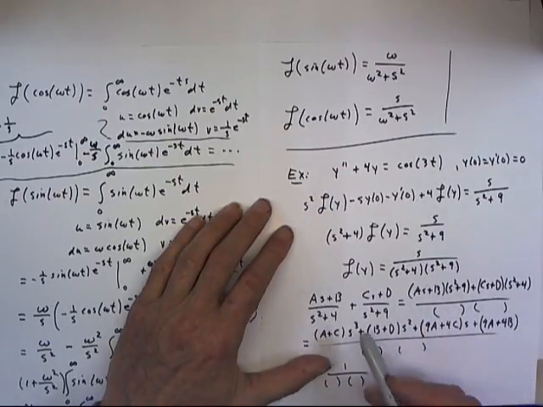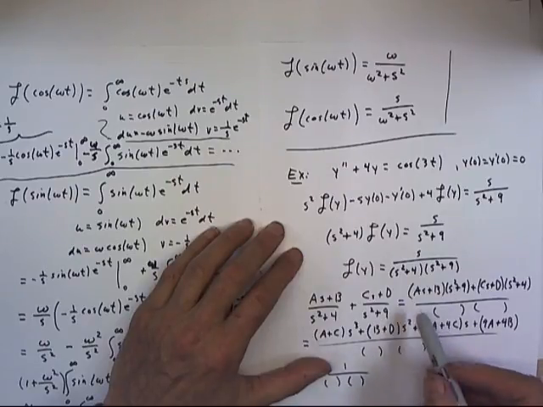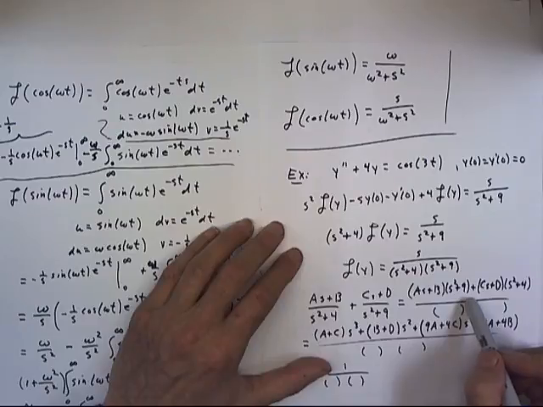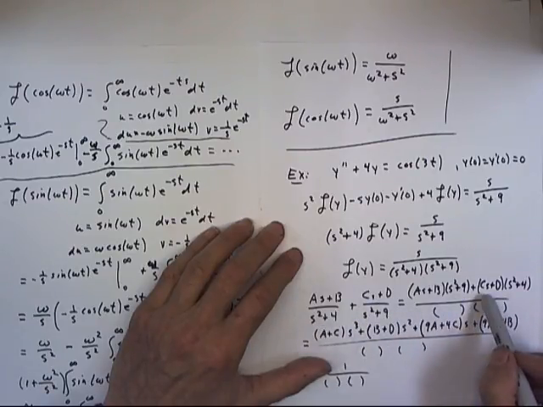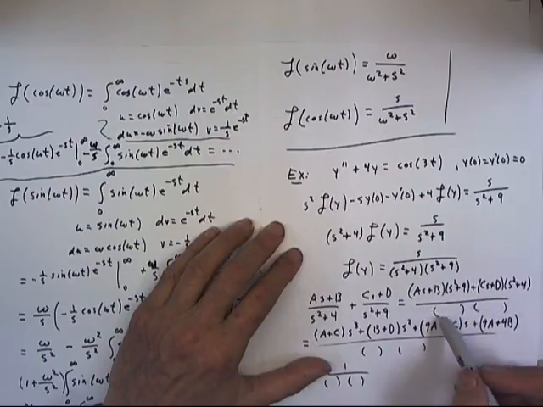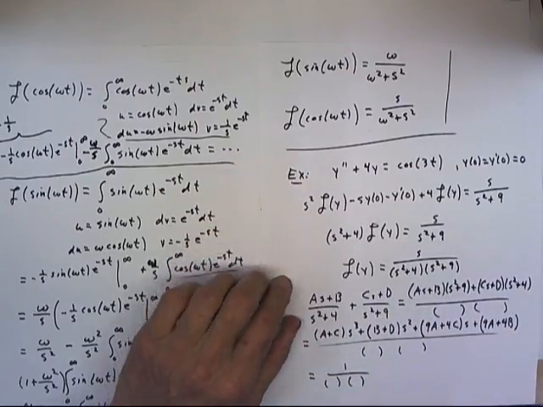Just multiplying numerator and denominator here by s squared plus 9, our numerator comes out as as plus b times s squared plus 9, and multiplying numerator and denominator here by s squared plus 4, we get cs plus d times s squared plus 4. The denominator is just the product of these two factors, as it was,